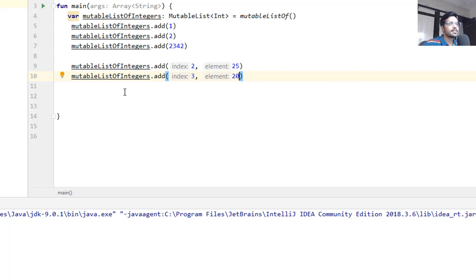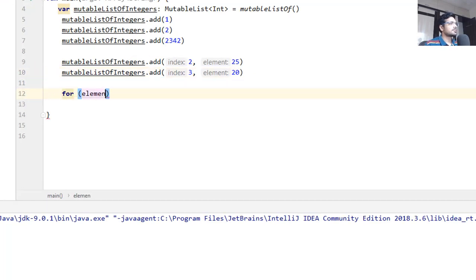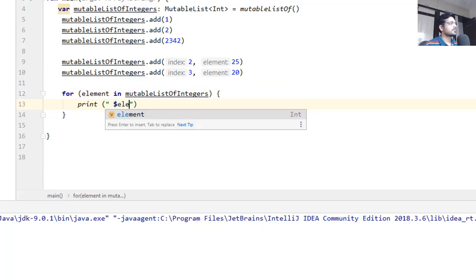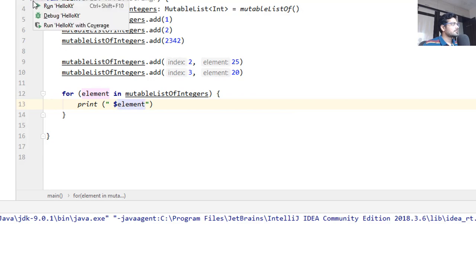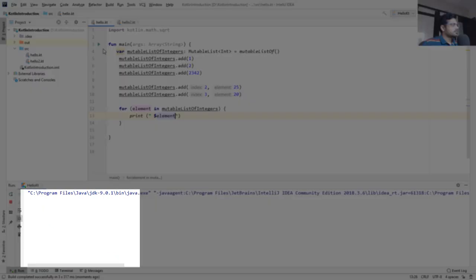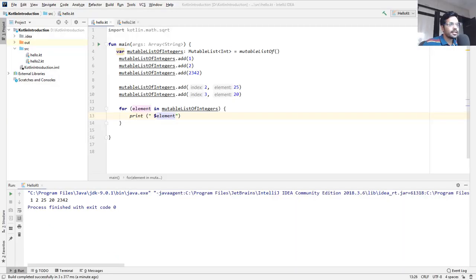Now let's print them and see what order they are stored in. So as you can see here, even though the element 2342 was added earlier at position 3 after inserting 2, it was stored at last position because we added 25 to the index position 2.